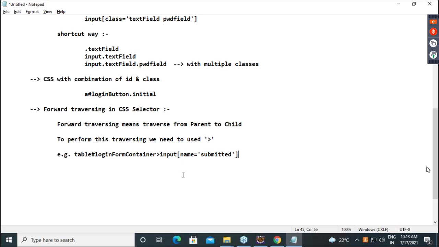Unidirectional, right? Next, CSS will try to locate element only in attributes, not in visible text. Clear? Okay.